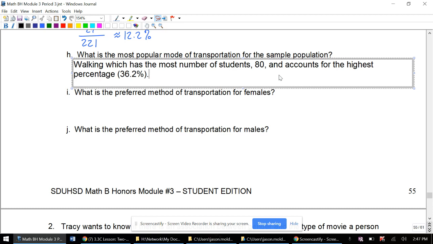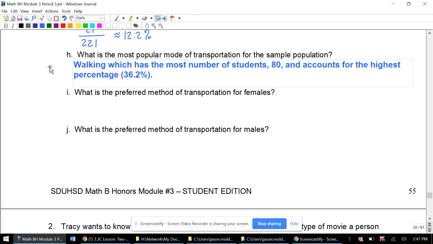Walking, which has the most number of students, 80, and accounts for the highest percentage. We definitely want to include percentages because just because we have a high number doesn't necessarily mean that it makes the most sense. So we need to look at part over whole to make sure that 80 based on the whole table does mean that this is how most students get there, which is the case if you look at the other percentages. Next,